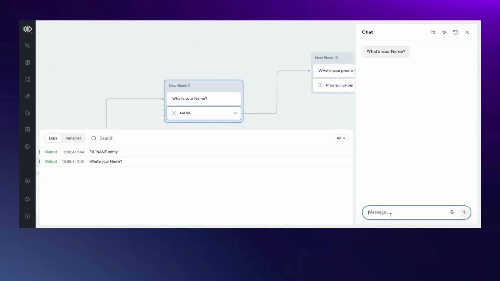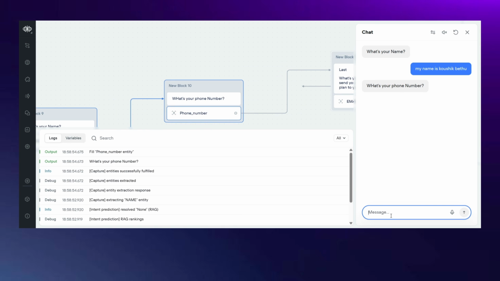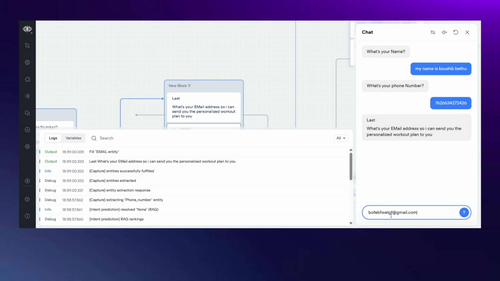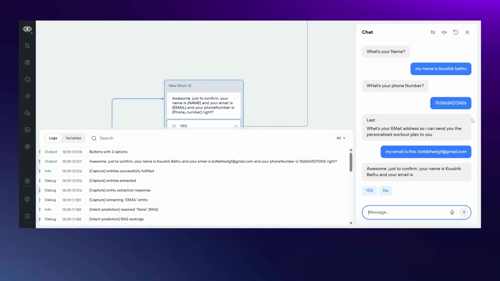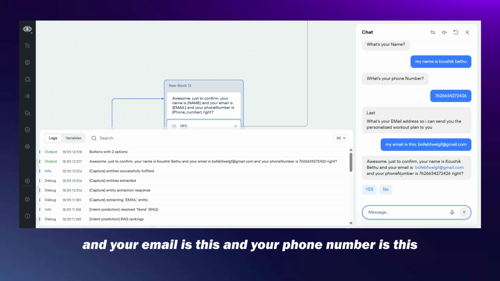My name is Kaushik Betu. Random number, random email. And I will say my email is this. Awesome. Just to confirm, your name is Kaushik Betu and your email is this and your phone number is this,